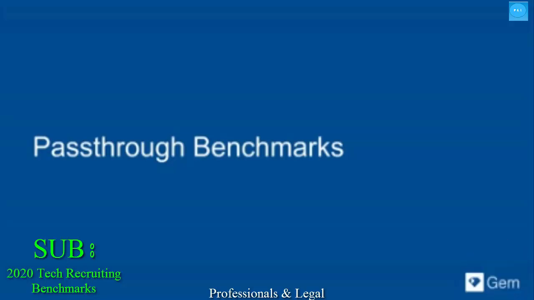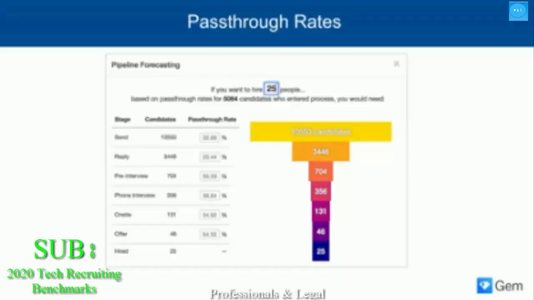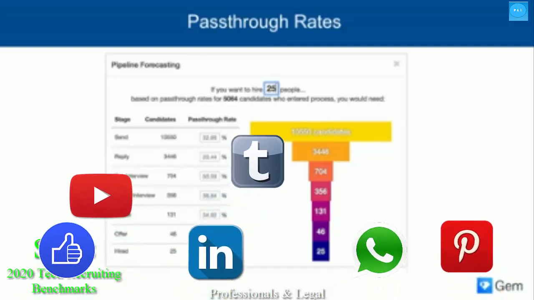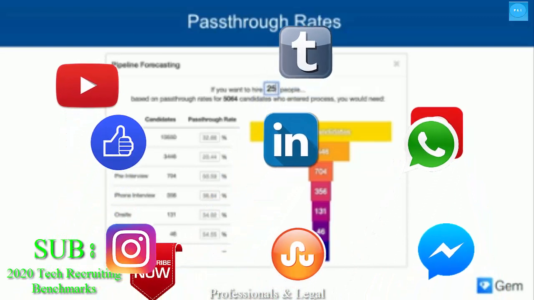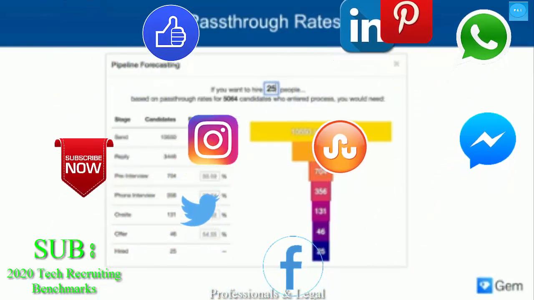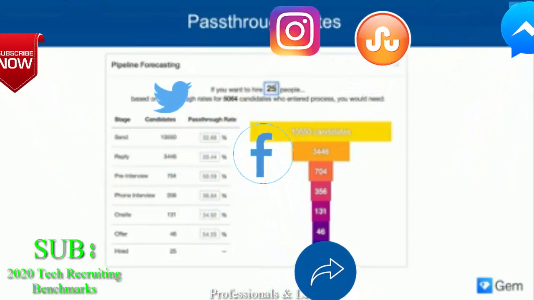The recruiting funnel begins with talent sourcing, top of the funnel, and ends with a signed offer, which we're referring to as bottom of the funnel. Now, talent acquisition teams have any number of stages in their hiring funnel, but we looked at 5 for this report: entering process, phone screen, onsite, offer extend, and offer accept. Pass-through rates allow you to understand the health of your overall funnel.